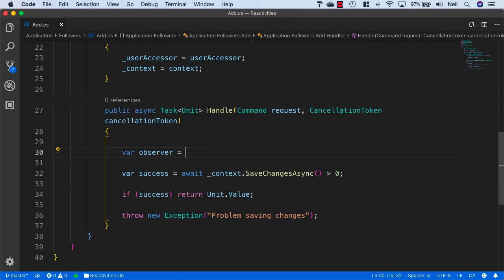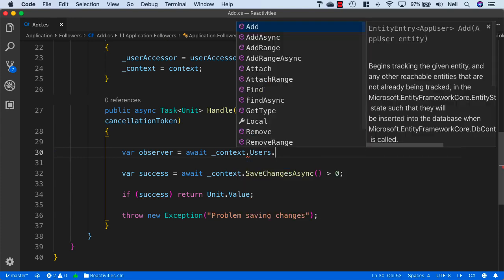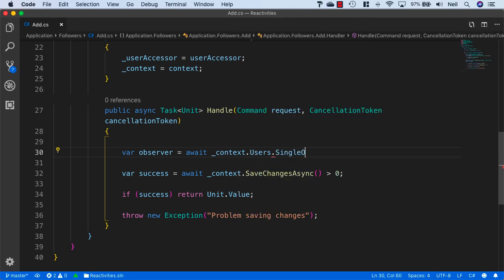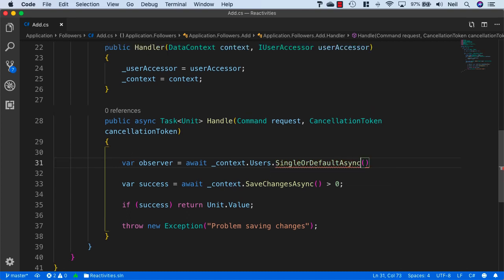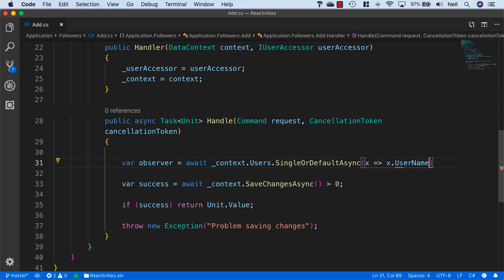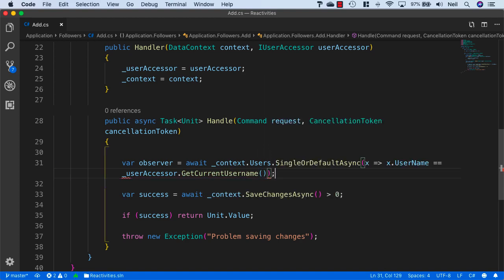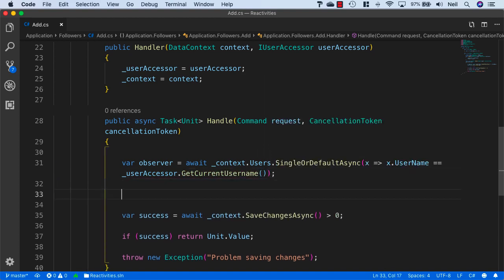So we'll say var observer equals await context.users.SingleOrDefaultAsync, and bring in Entity Framework Core, and just as per normal we'll compare the username equal to _userAccessor.GetCurrentUsername,